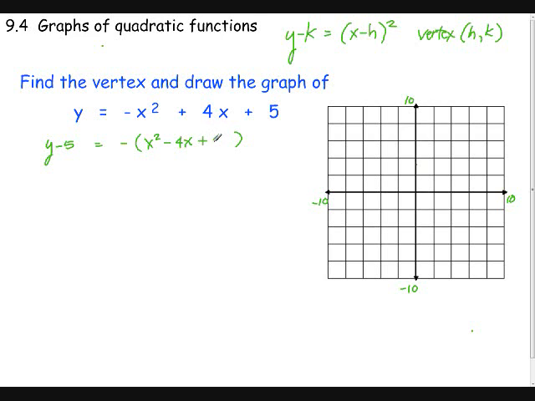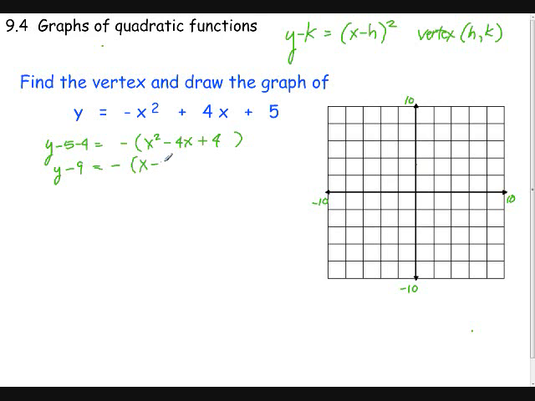I already have the positive 4. Now, what did I just do? Effectively, I added a 4, which was multiplied by a negative 1. So that's the same as doing what? That's the same as subtracting a 4. So if I subtract a 4 from this side, by gosh, I better do it to the other side. So now I've got y minus 9 equals a negative